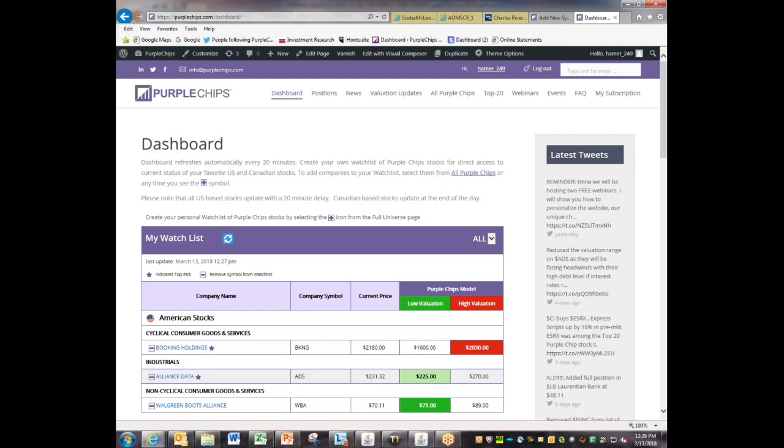Just wondering, as soon as a stock reaches low valuation, is that a buying point or do you have further filters? Well, Kia, as you know, we go through a whole due diligence process, and sometimes a stock will hit a low valuation. It doesn't mean that we buy every stock that's at a low valuation, okay? We are pretty selective, and it depends